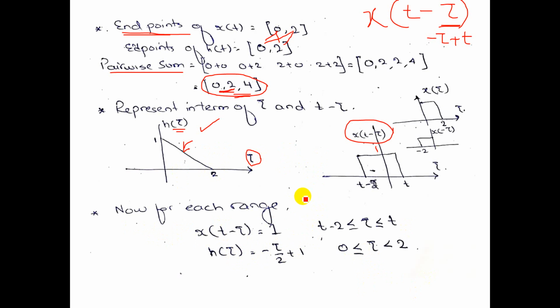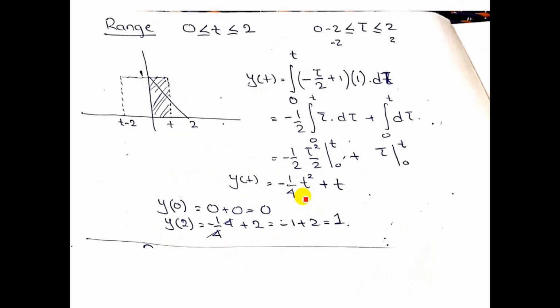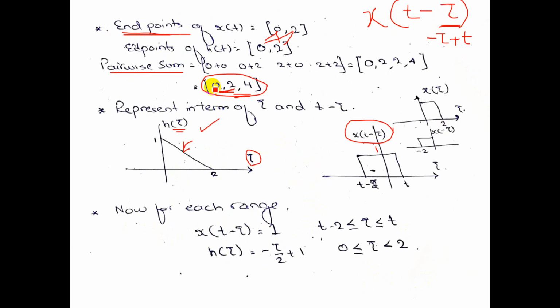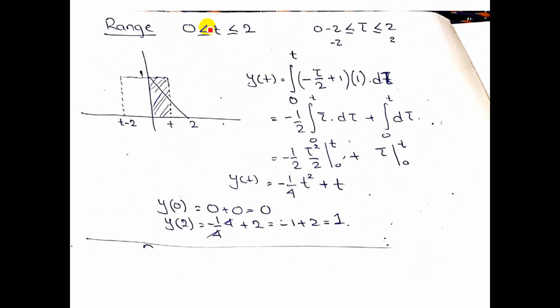Okay. Now we will start the integration here. We need to start with the first range. My first range was between 0 and 2, as we discussed, so let's suppose the range is 0 is less than or equal to t is less than or equal to 2. Now for this particular range,